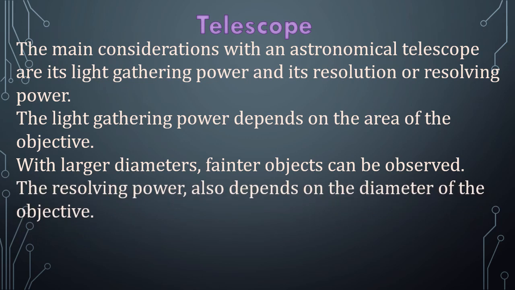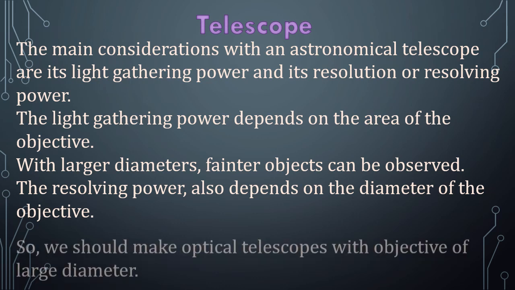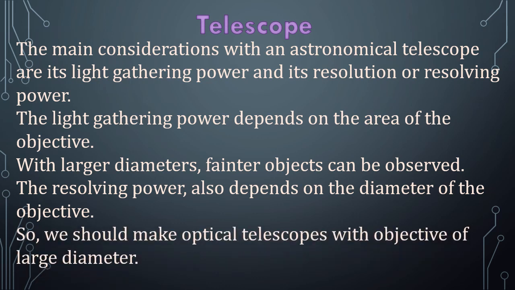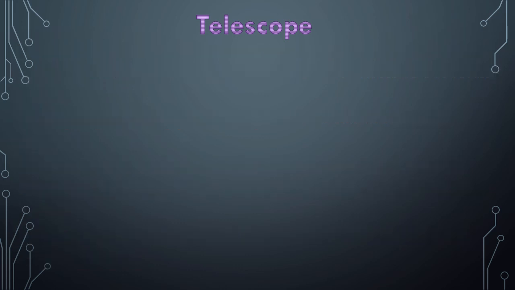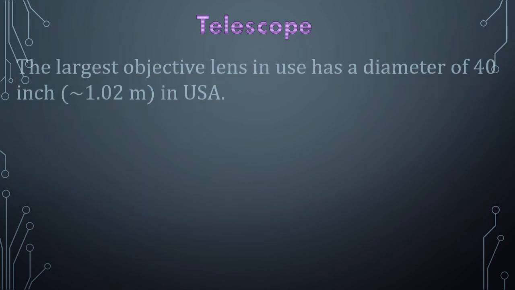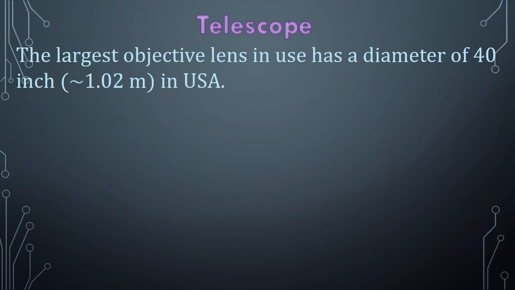Also, the resolving power depends on the diameter of the objective. So, we should make optical telescopes with objectives of larger diameter. The largest objective lens in use is in the USA, which has a diameter of 40 inch, which is nearly equal to 1.02 meter. Now this kind of lens is really heavy and therefore it is difficult to provide support for